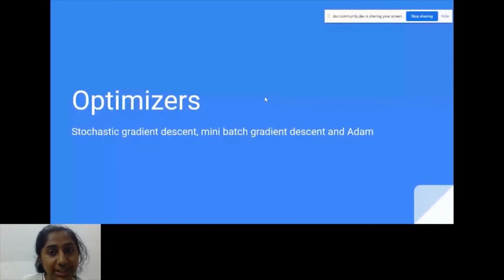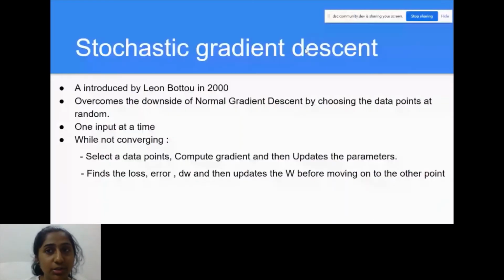So stochastic gradient descent. In the normal gradient descent, what it does is it takes all the data point values and takes an average of it. So imagine taking all the data values, taking an average of it, and then updating the W values. That is going to take a lot of time. Imagine having a big data set. That is going to take a lot of time. So they wanted to solve this problem for larger data sets. So they got SGD. This is to overcome the cons of a normal gradient descent.